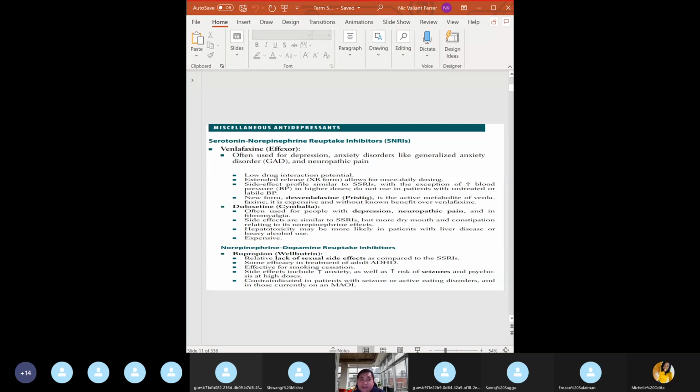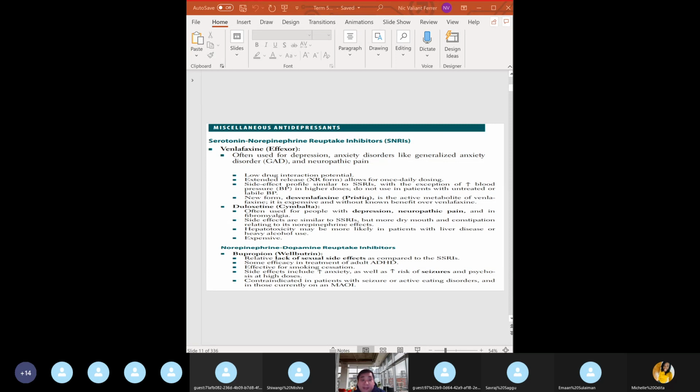So SSRIs can increase the level of a drug affecting a factor in your coagulation cascade. Can you tell me the name of the drug? It affects vitamin K epoxide reductase. What is the drug? Warfarin. Excellent. Warfarin. Good job. So SSRIs can increase the levels of your warfarin, requiring you, doctors, to increase the monitoring when starting and